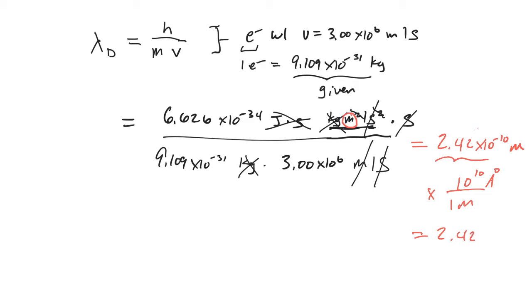and see that this is 2.42 angstrom. So the wavelength for an electron at a somewhat normal velocity is on the order of the size of the atom. It's actually bigger than the radius of even a carbon atom. In other words, this is a pretty big wave, a relatively large wavelength. So the motion of the wave is on the order of the size of the trajectory of this electron spinning around an atom. You have an electron, you have an atom, and the electron is spinning in a wave-like